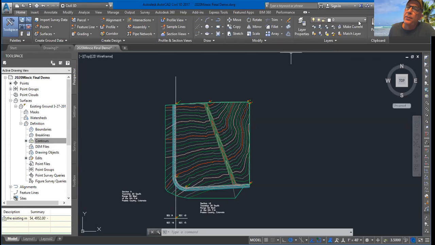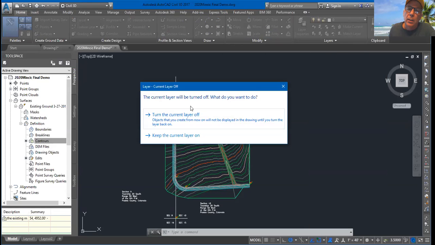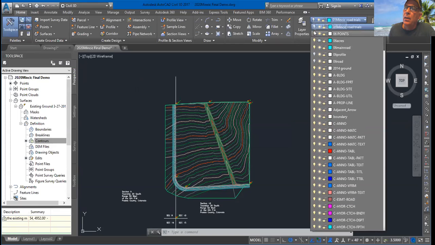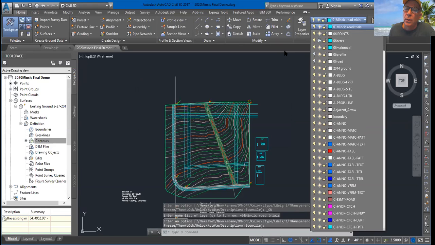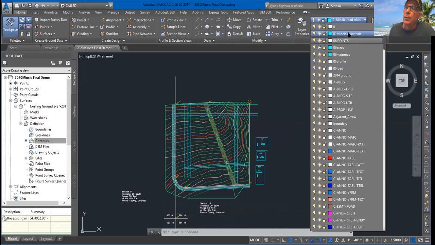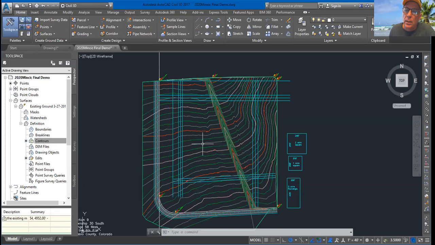So I'm going to navigate up here into my layers, and I've created a layer over here called 01 Road Trials, and I'm going to click and open that. And let's see here, I need to turn that layer on. I currently have that layer frozen, and I am going to turn it on, and I am going to come up here. I want to actually be working in the 0 layer, but you'll notice right here that some lot lines have